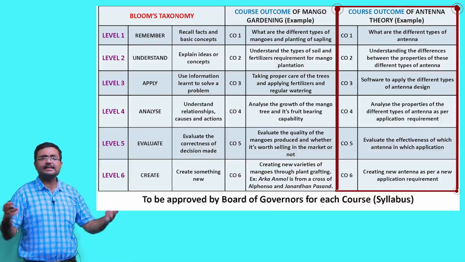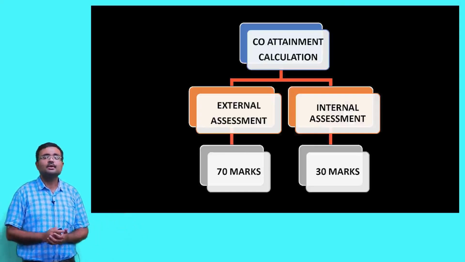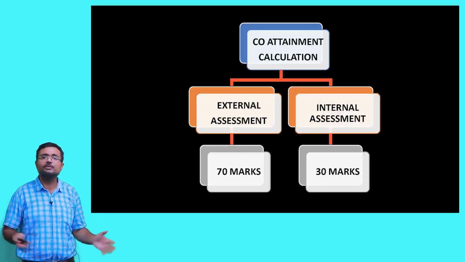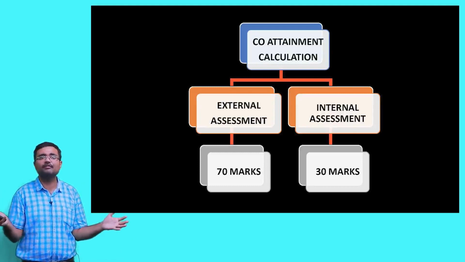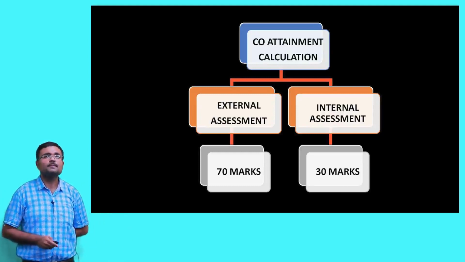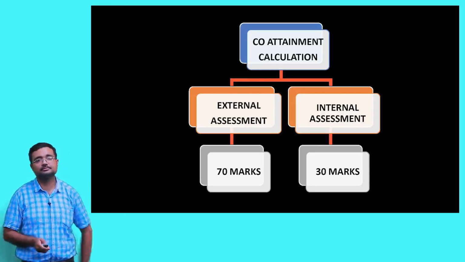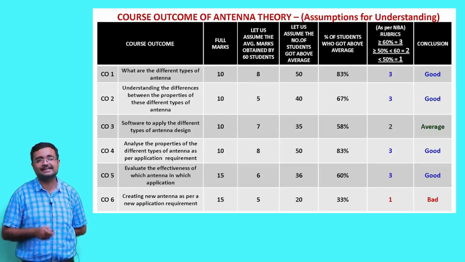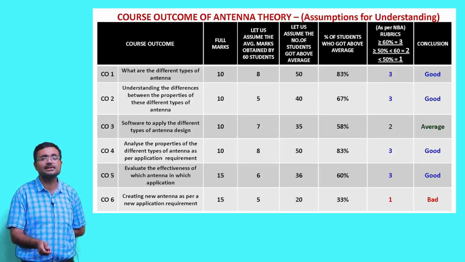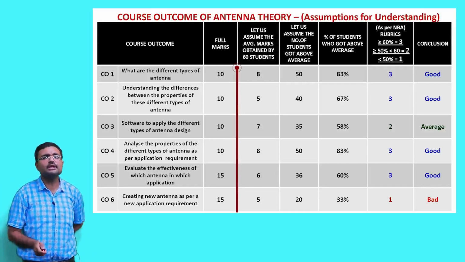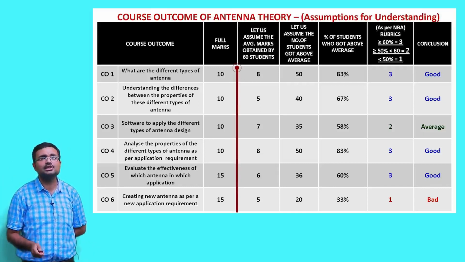Now, in this case, I decide that we have got 70 marks for external assessment, 30 marks for internal assessment, which gives us the 100 marks of entire assessment. So, the students are going to take the exam on 100 marks. Now, it is decided in this case, again this may vary, but in our case it is decided, say for example, because the full marks is 100, it is decided from the very beginning that for all courses we will divide the question paper into these marks.